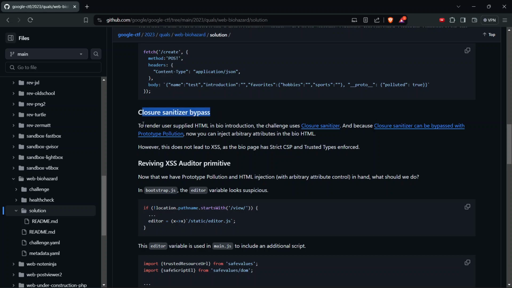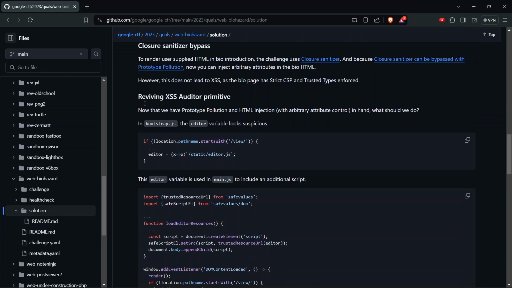Closure sanitizer bypass. To render the user-supplied HTML bio introduction, the challenge uses Closure sanitizer, and because Closure sanitizer can be bypassed with prototype pollution, now you can inject arbitrary attributes into the bio HTML. However, this doesn't lead to XSS as the bio page has strict CSP and Trusted Types enforced, rewarding an XSS auditor primitive. Now that we have prototype pollution and HTML injection,